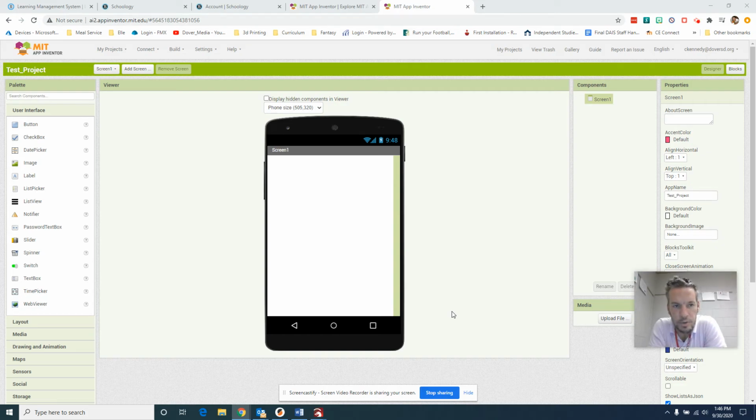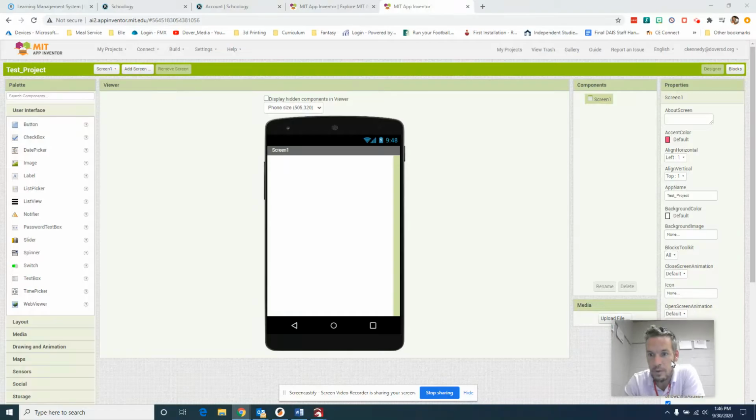All right, so at this point, you should have a project created called Test Project. So in this video, I'm going to go over the design part of AppInventor. So there's actually two parts to AppInventor. If you look up at the top right here, right underneath your email address, you'll see it says designer and it says blocks. So if you think kind of back to code.org, your designer is where you go to design